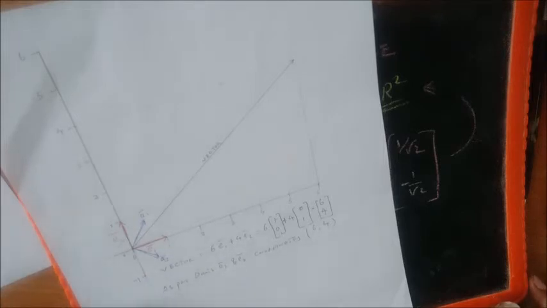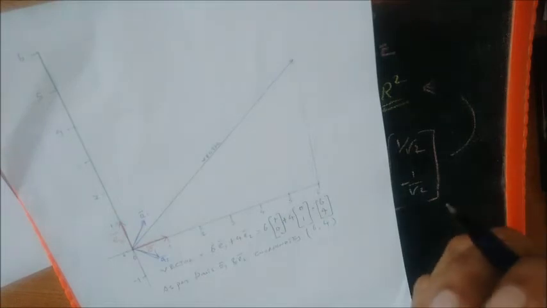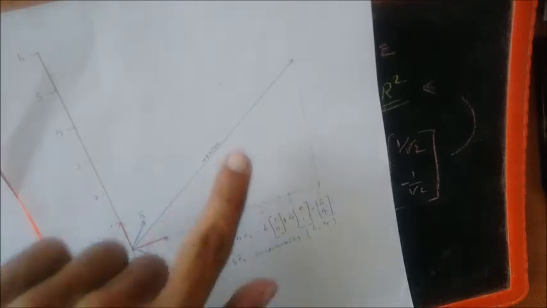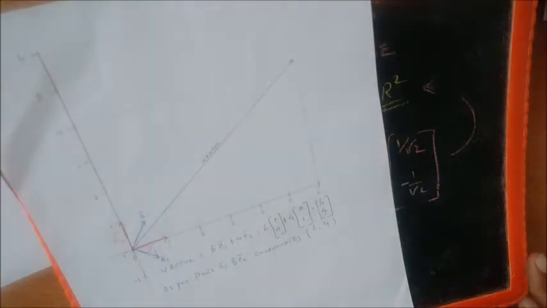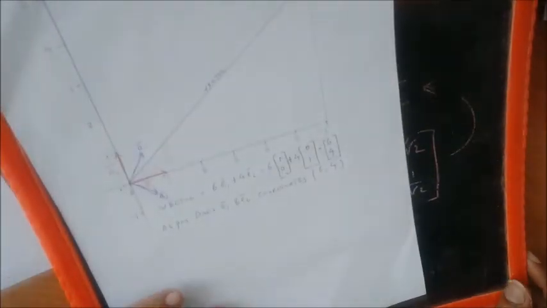So we have to find out to what extent we have to magnify A1 and to what extent we have to magnify A2, so that when we add the magnified version of A1 and the magnified version of A2, we end up getting the vector under consideration. A1 and A2 have to be magnified or amplified, that is, their magnitude has to be increased. To find out to what extent, we have to go through this procedure, which we will generalize later.